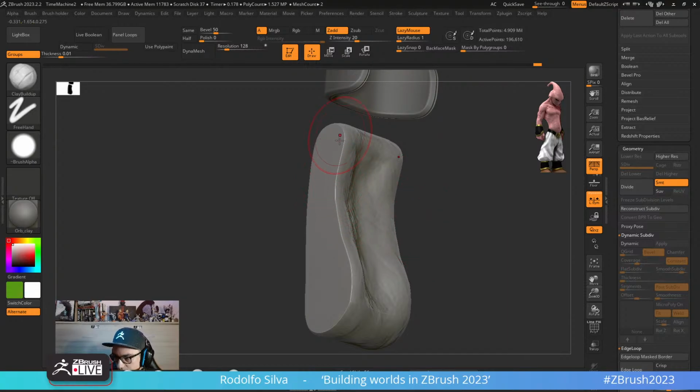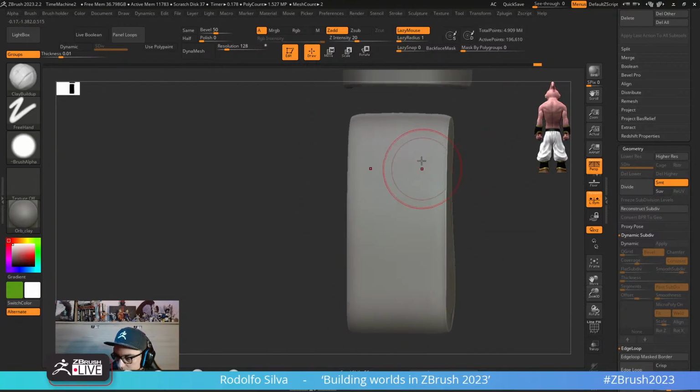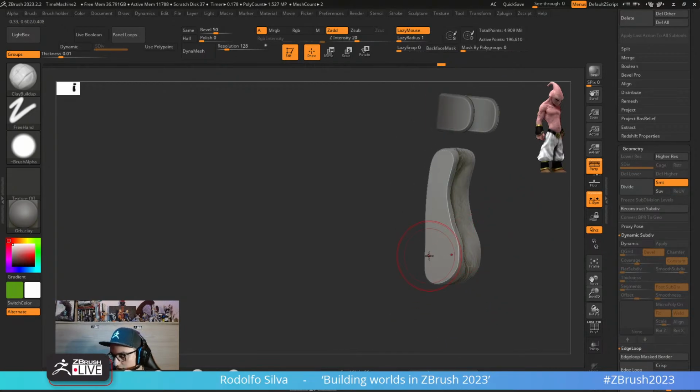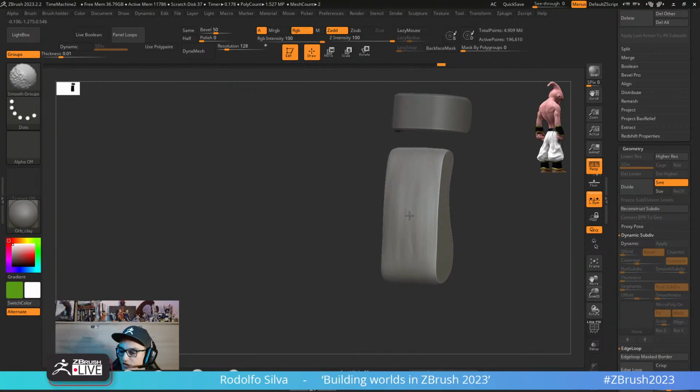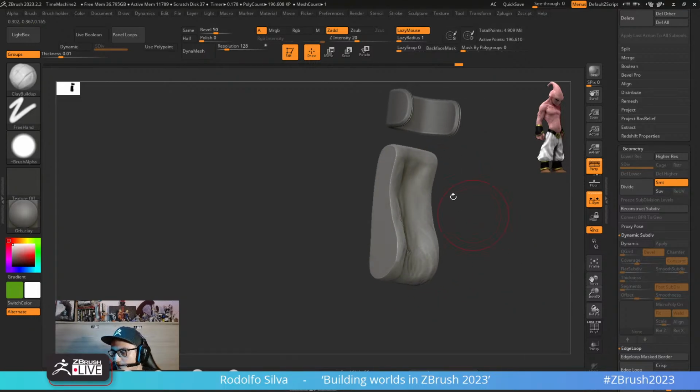And this harsh edge over here is going to be useful for us. So I want this to also have some softness on the back. All right. So here's the cool thing. We have a very basic kind of sculpt over here,